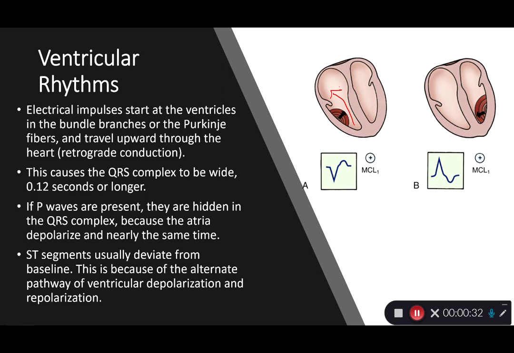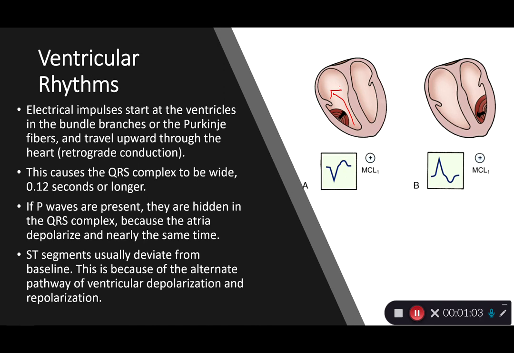Our QRS complexes are going to be very wide, so they're going to be over 0.12 seconds or over those 3 small blocks. We'll probably not see P waves. Usually the P waves will be hidden inside of the QRS complex because the atria is depolarizing at nearly the same time, and the ventricular contraction just has a higher electrical impulse with it, so it's going to cover up that P wave. Our ST segments are going to deviate away from baseline, and that is just because the pathway